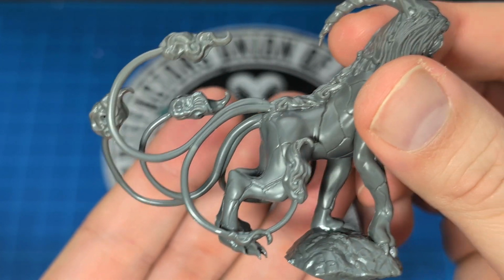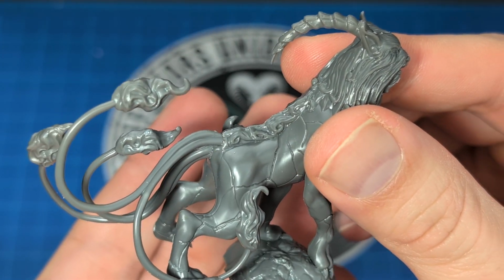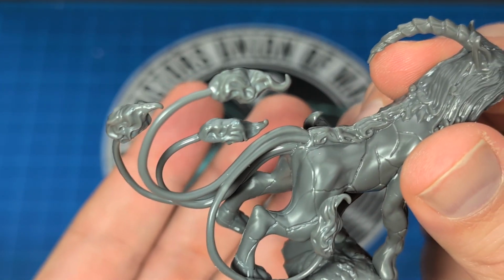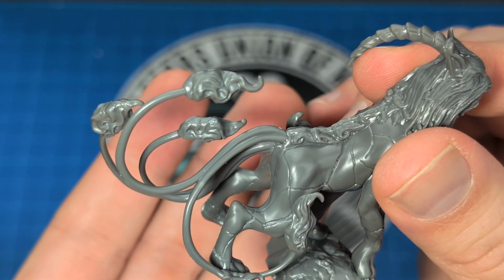This plastic feels different than most Malifaux plastic. I do notice that it has the Made in China label on the sprue. I'm not sure how long I've seen that. I thought they've been producing in Taiwan for a long time, but